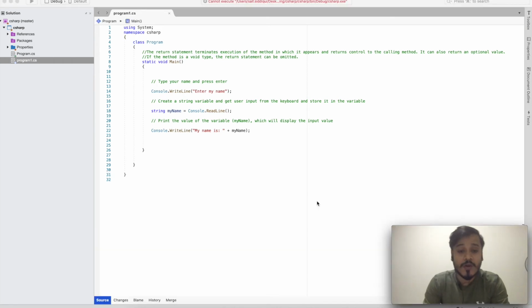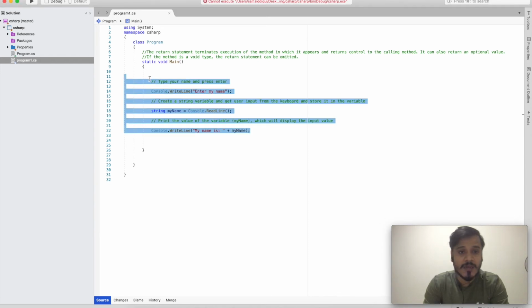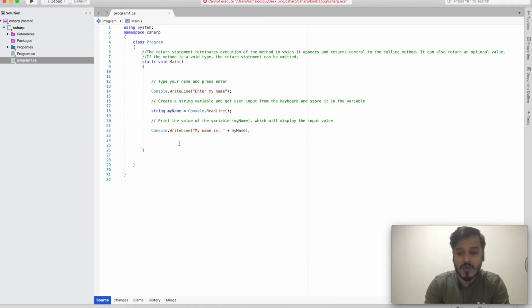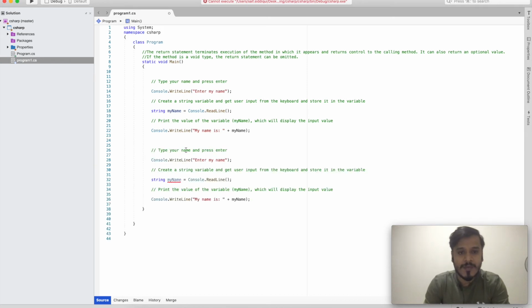Now say, for example, I want to take input as a number, that is, as an integer. Right now, if we enter any number, then it is going to take that number as a string. But I want to take it as a number, so what I will do, I will just go here and change the format.